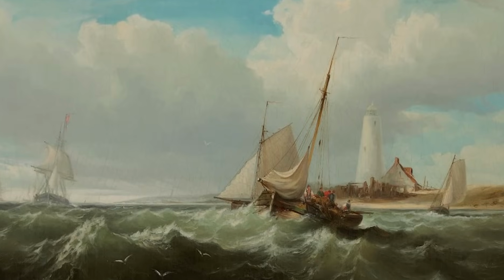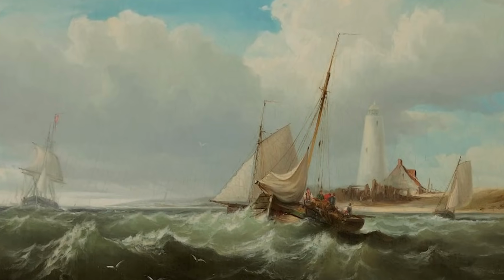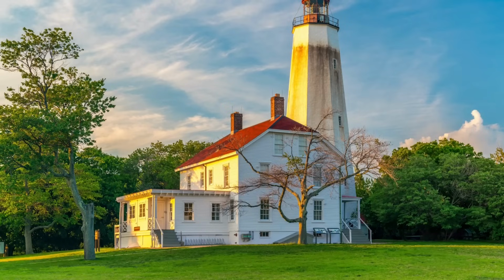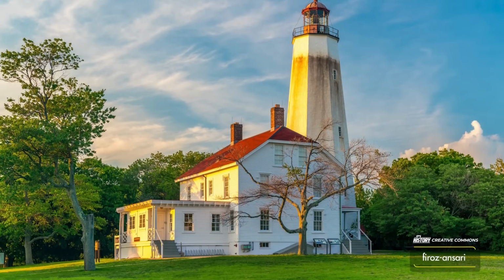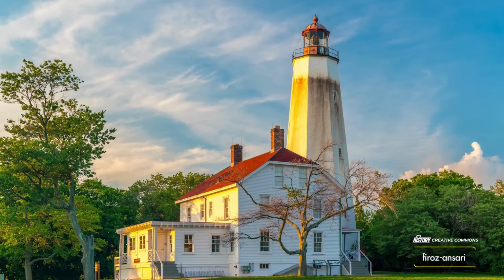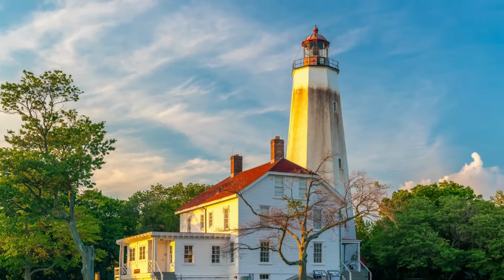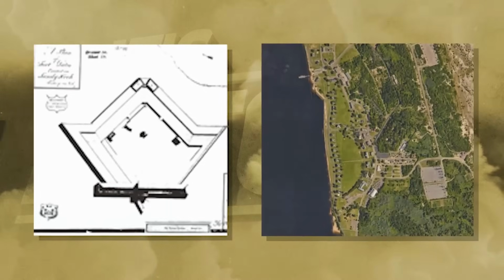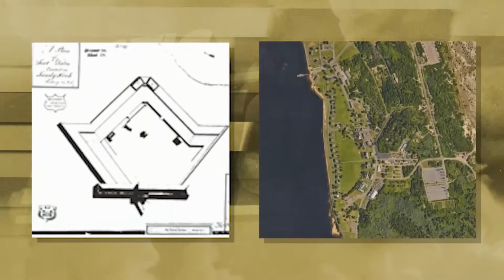Throughout the war, the peninsula would remain under British control, and the lighthouse proved too well reinforced to destroy with the underpowered artillery of the Continental Army. So between 1806 and 1817, most of the peninsula was sold to the federal government. Then, a small fort named Gates was built during the War of 1812, but it wasn't until the 1850s that